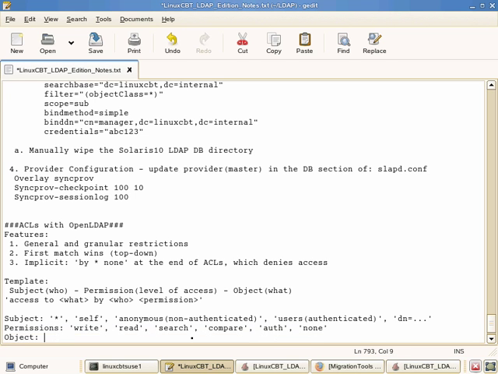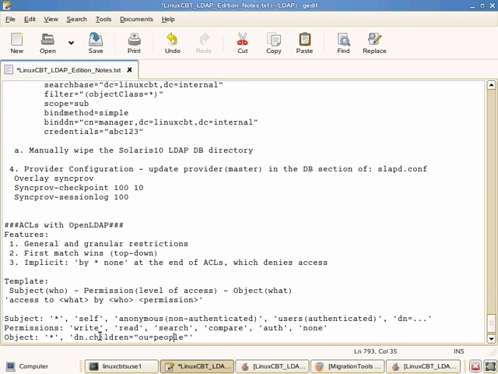An object, as we alluded to earlier, can be a wildcard such as asterisk, which means all connecting entities, anonymous or not, or it may be as specific as a specific DN, or it may follow a hierarchy such as dn.children, which means children objects of a given parent, equal to, perhaps, let's say OU equals people. So all of the children of OU equals people, for example, can be referenced as an